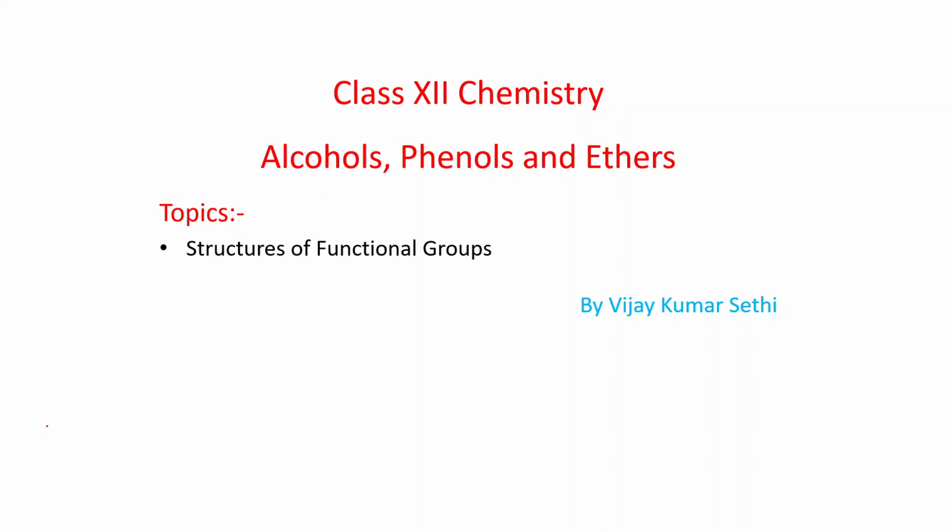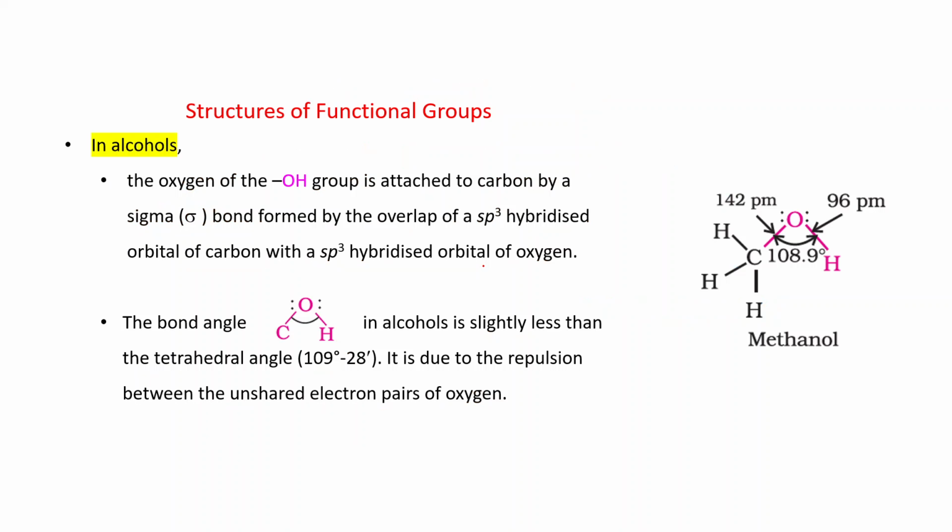We were discussing the chapter alcohols, phenols and ethers, and in this video we will discuss the structures of functional groups like alcohols, phenols and ethers. First come to alcohols. In alcohols, the oxygen of the OH group is attached to carbon by a sigma bond,